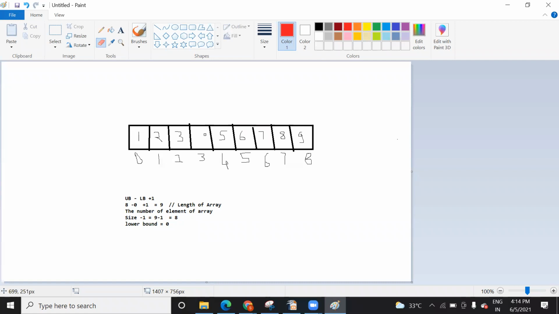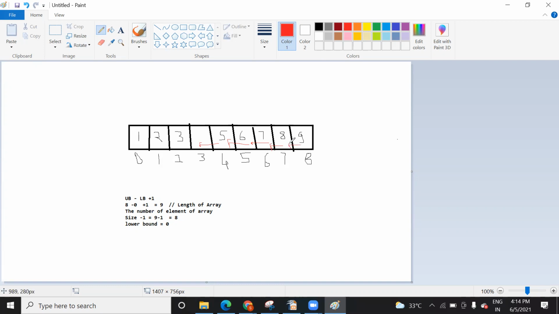Now you know that this is empty, which is of no use. How are you going to do that then? You need to take every element and bring it here. This element should come here, this element will come here. So how are you going to do that? This thing is somewhat complex to do in an array.